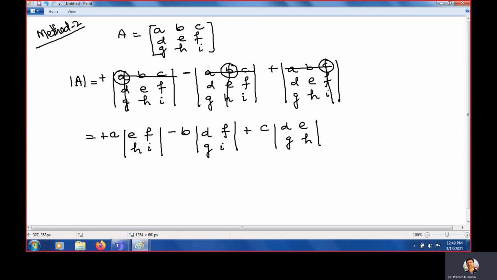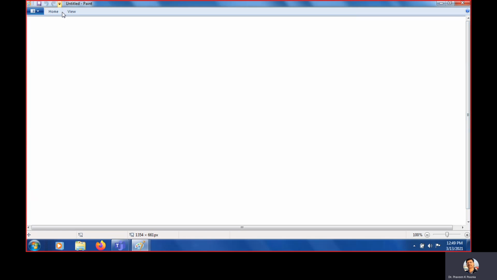Clear? Now it is very simple. Open this, minus this, minus this. All these are 2 by 2 size determinants, and you can obtain them very easily. Multiply the values and find the value of the determinant. This is the method. And my dear friends, I want to tell you, in almost every question we are going to use method number 2, because method number 2 is a little easy. It is not very difficult. Okay, so let us solve the same question we solved with method number 1.